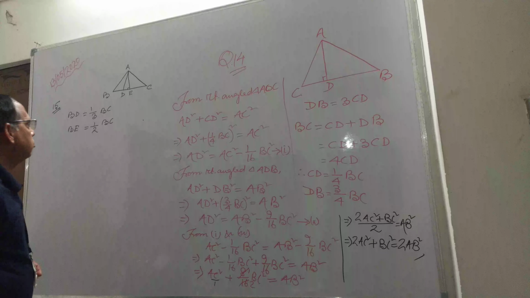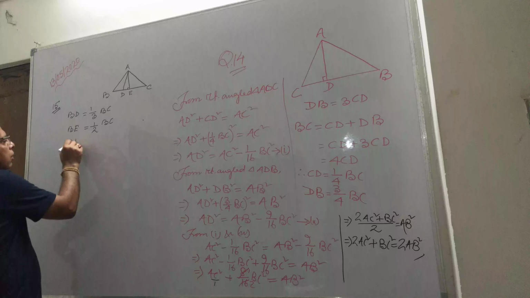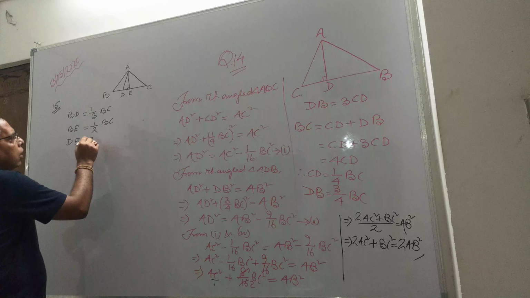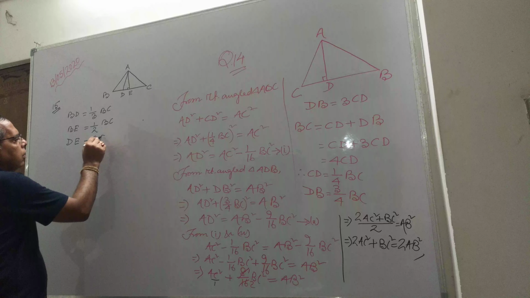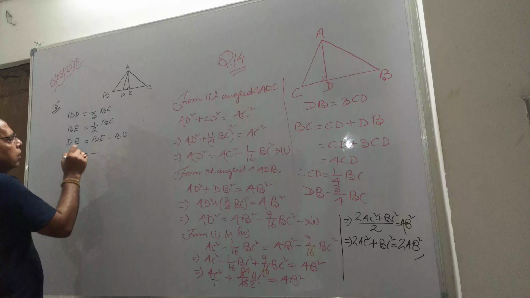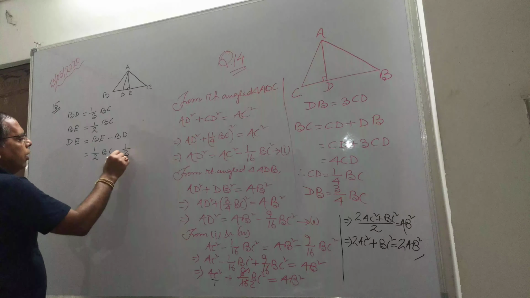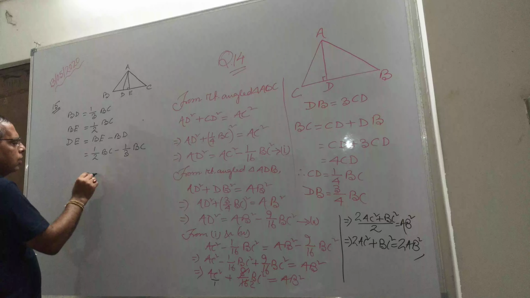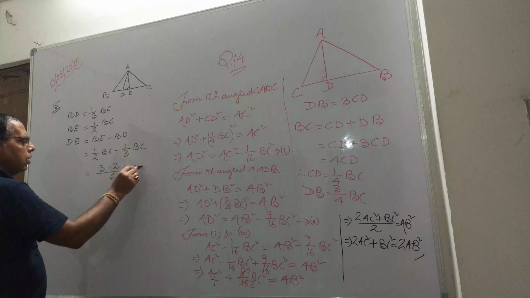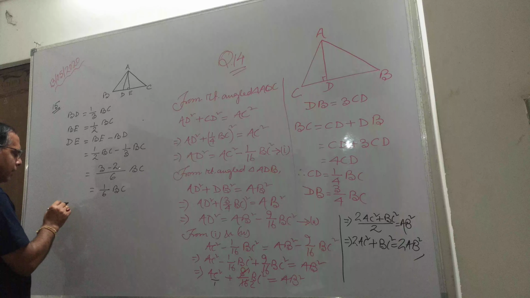Then let's see. What is DE? DE equal to BE minus BD. BE equal to how much? Half BC. And BD equal to how much? 1 by 3 BC. Then what is the LCM? 3 minus 2 by 6 BC, ultimately 1 by 6 BC. Now, as it is equilateral,